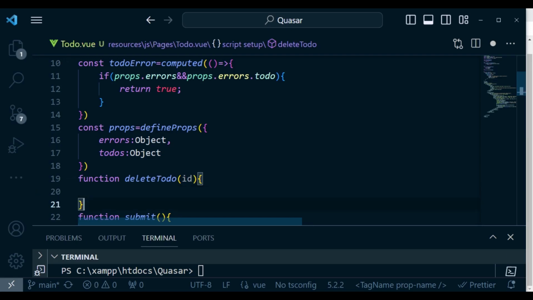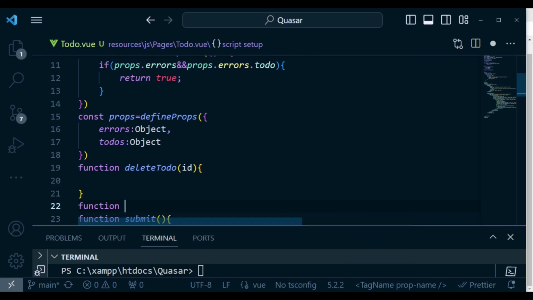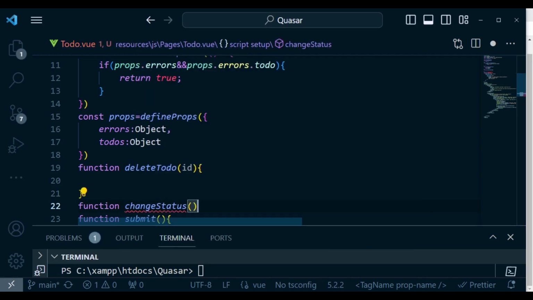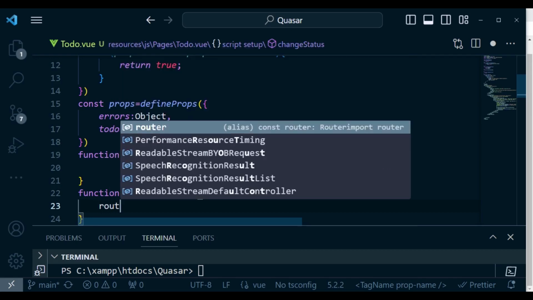And then of course we have the other method function. And I think I've called it change status, like that. So let me handle the one for deletion of the to do first, and then I will handle the other one after. So here we are going to have router